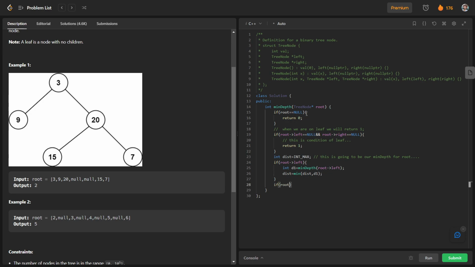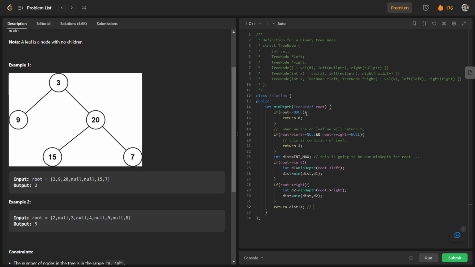And again, if we have a right path, d2 is equal to min depth of root of right. So again dist is nothing but min of dist and d2. And finally we will return our value dist plus 1.